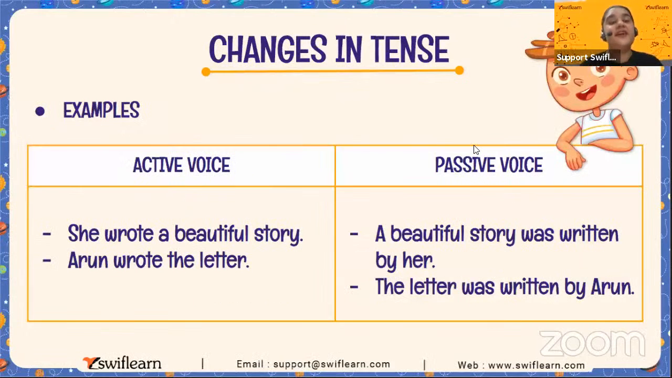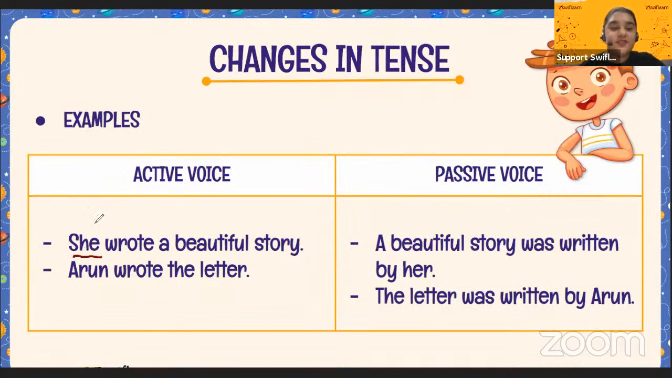Okay, so here we have more examples, like "She wrote a beautiful story." First of all, tell me the subject here, everyone. She wrote a beautiful story. Which one is the subject? Yes, she is your subject. Which one is the verb? Wrote. A beautiful story is your